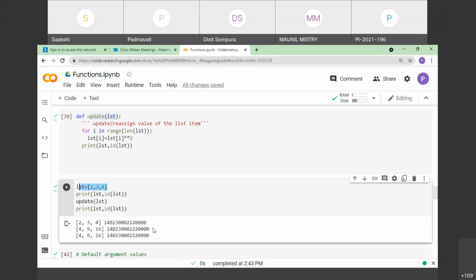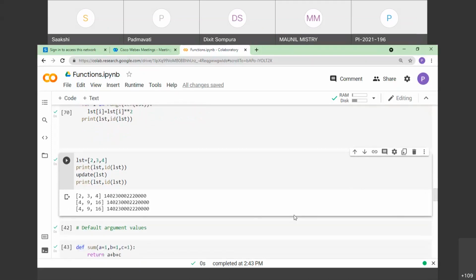Okay, definitely we can cross check by using the memory location itself, but still I just wanted to print the content. So again I've printed the content of the list and later on printed the memory address as well. As you can see here, whatever changes this particular update function has done on the list, it has been reflected outside the function as well, right? Let us move to the next,